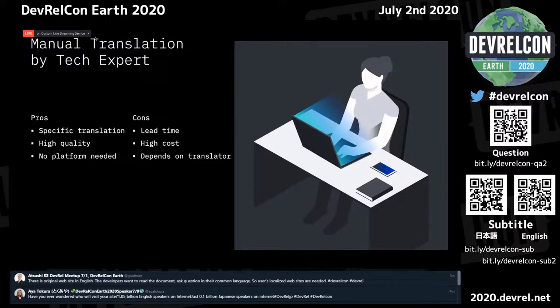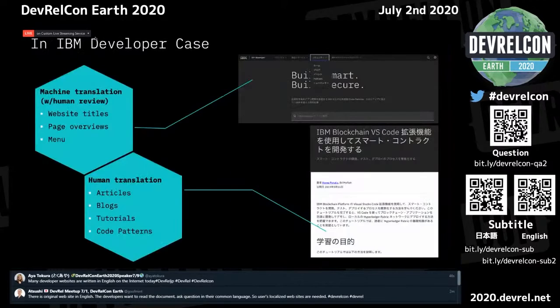Okay, I described manual translation and machine translation. So next, I'd like to tell you my knowledge from our IBM developer website case. Actually, we use both translations, machine translation and human translation.